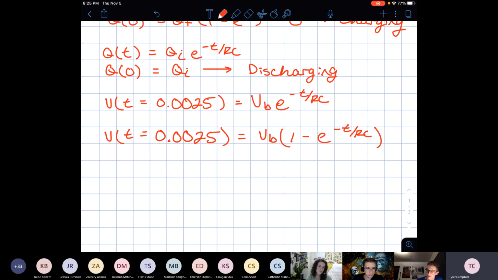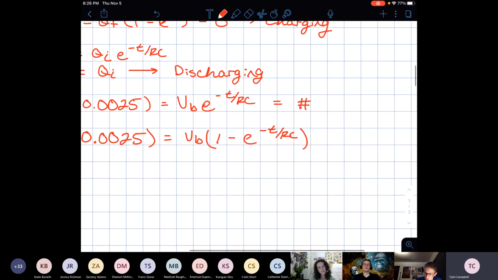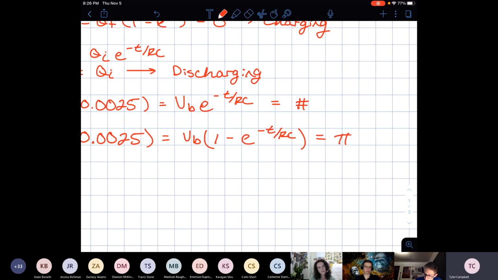And fundamentally, it's the exact same problem-solving process. I plug in what I know about V_B, which is just the given voltage in the problem, and then I plug in what I have for R and C, the time constant. If I calculate both of those, they'll give me some number, and that corresponds to both of those answers. So RC circuits,